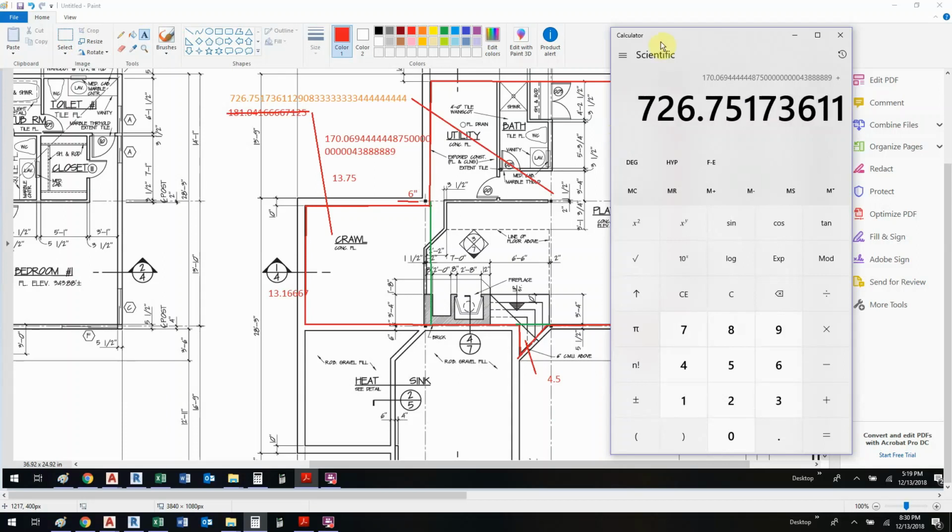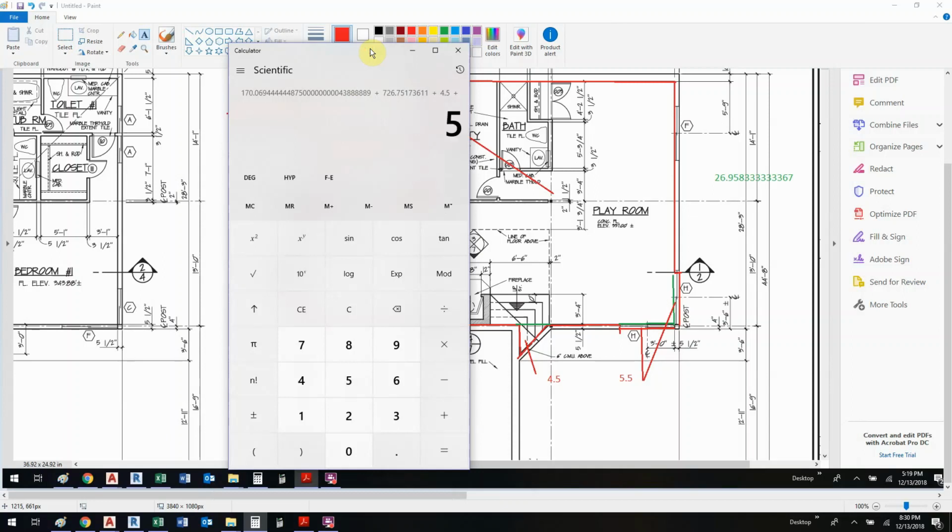173611, good enough, plus 4.5 down here at the bottom, plus 5.5 here for the doors, and that equals 906. This will be square feet, so I'm going to multiply that times 4 inches,